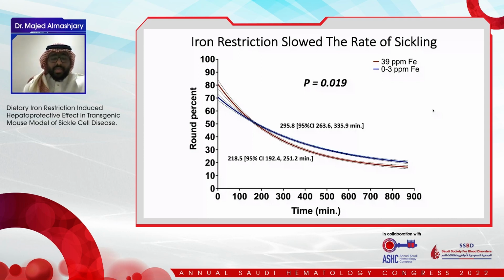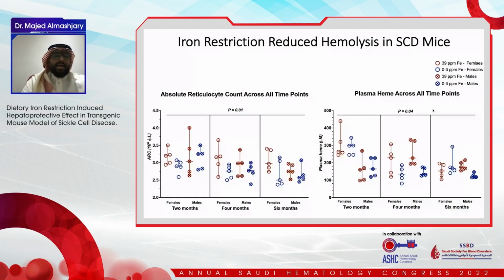So knowing that we have decreased the concentration, knowing that we also have increased the oxygen affinity, knowing that we have slowed the rate of sickling in these mice by iron restriction, we went ahead and measured the hemolysis marker. And in the mouse, we measured the absolute reticulocyte count, which is a surrogate marker for hemolysis and vaso-occlusion crisis in sickle cell disease patients. And we showed that